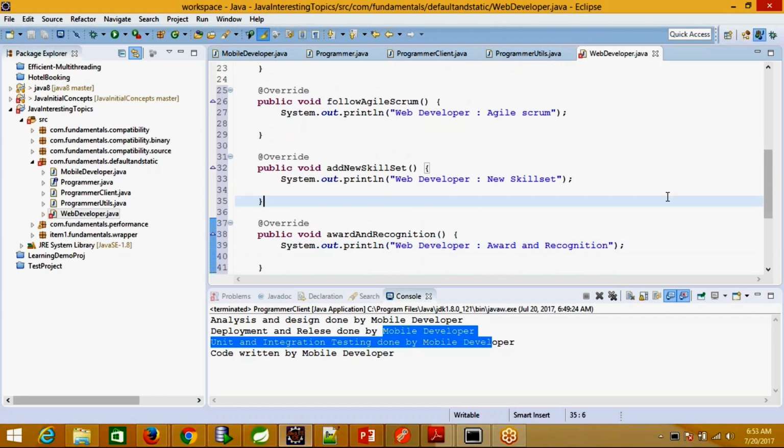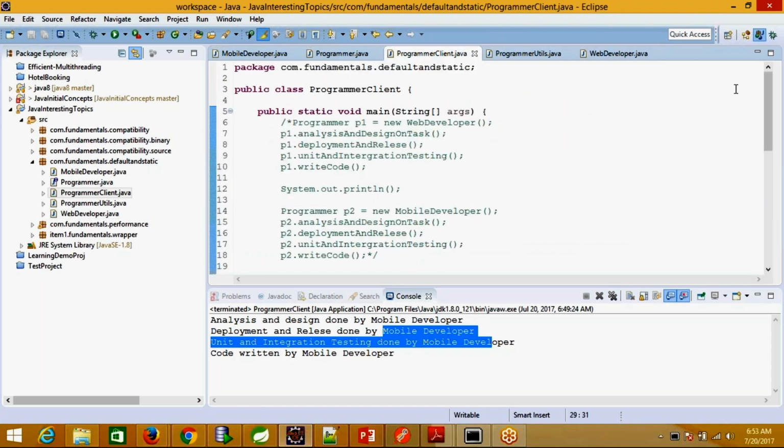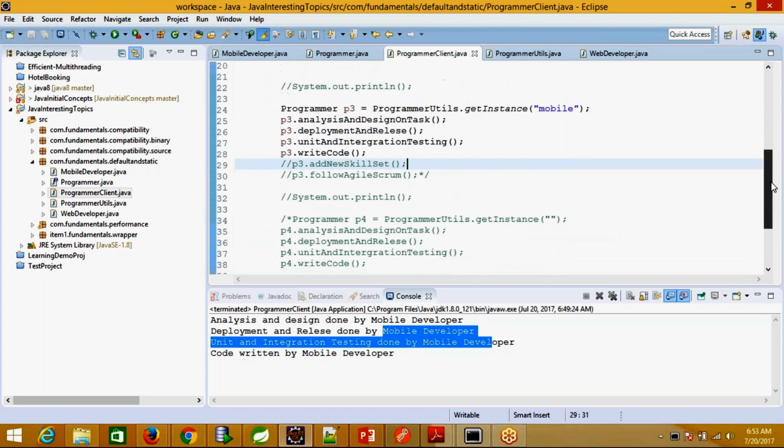So I have replaced this part now, and we can run the program one more time, whatever we wish.